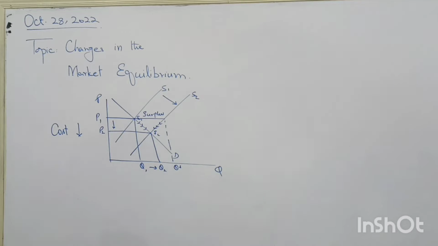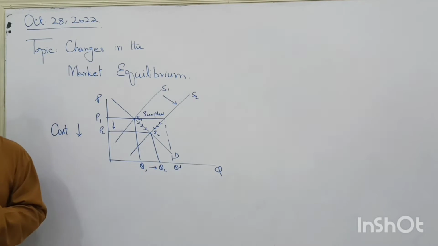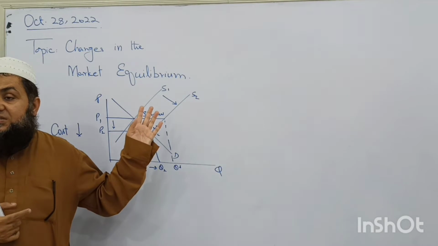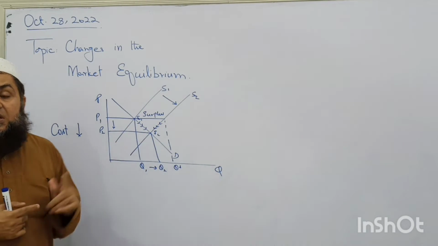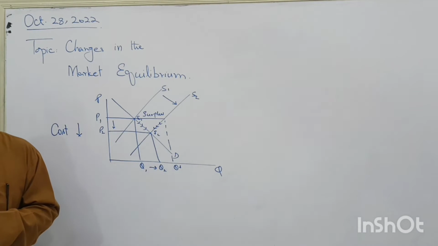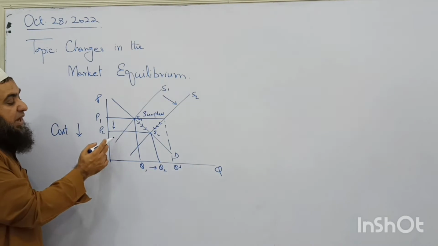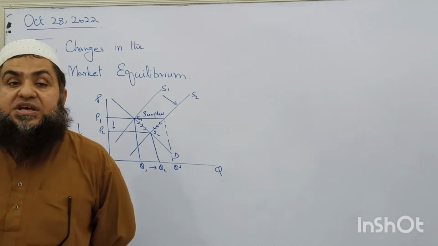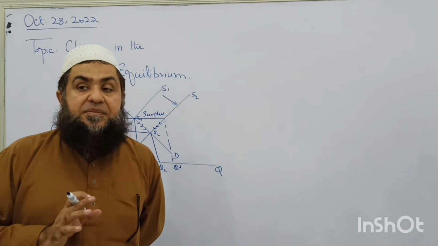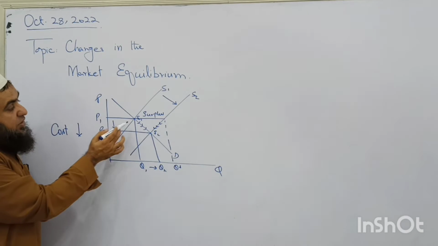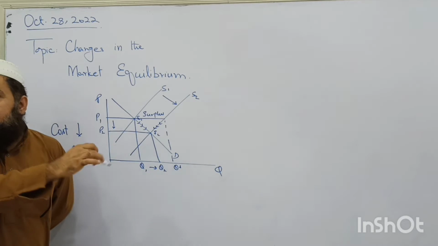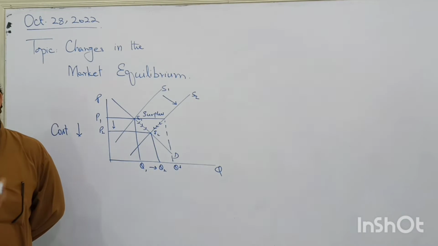Now see, what is the difference between an increase in demand and an increase in supply? In our previous case, we said demand has increased. Now supply has increased. In case of an increase in demand, what happened? The equilibrium price was increasing and the equilibrium quantity was increasing too. But here the opposite is true. Now the equilibrium price is falling, but the equilibrium quantity is increasing when supply increases. Why is this happening? The reason is that now the equilibrium point is moving along the demand curve, and in the previous case the equilibrium was moving along the supply line.